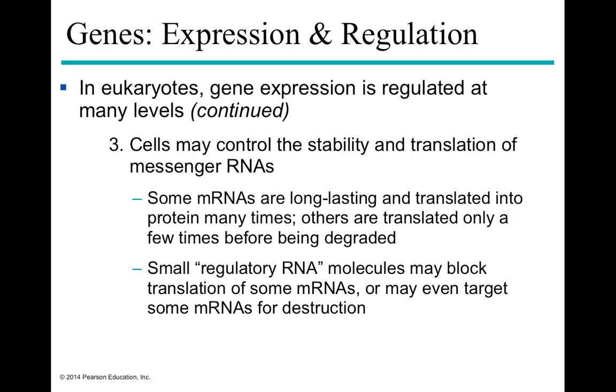We can also control the translation of messenger RNAs, and we can control the stability of messenger RNAs. So messenger RNAs have a half-life. As I mentioned, that poly A tail: the longer the poly A tail, the longer that mRNA is stable. The shorter the poly A tail, the sooner that mRNA is going to get degraded. So some mRNAs are long-lasting and translated many, many times, and others are translated only a couple of times before